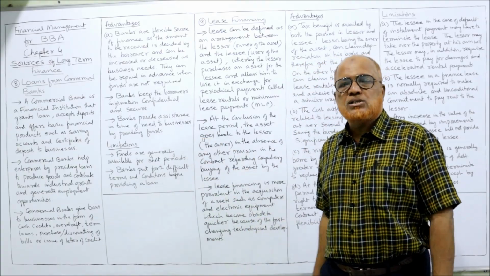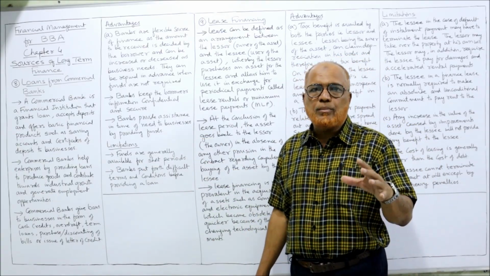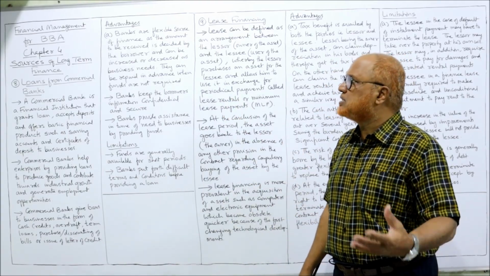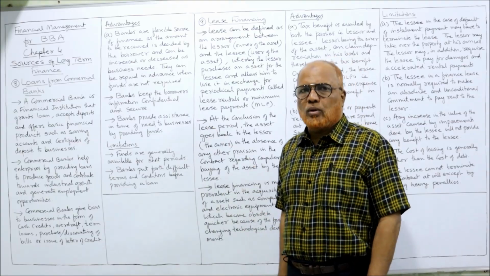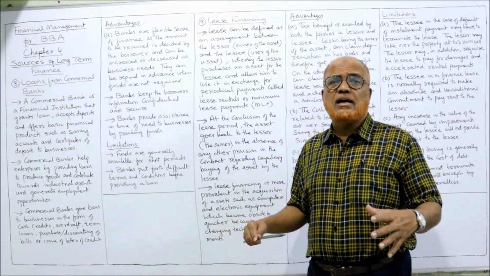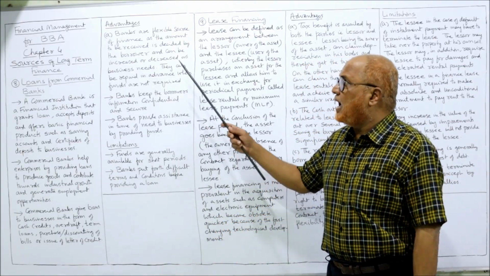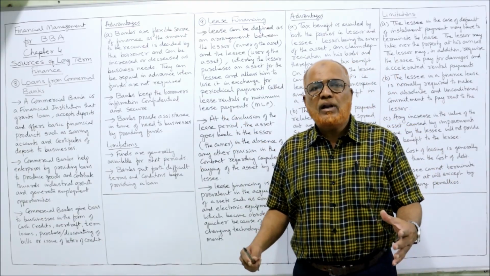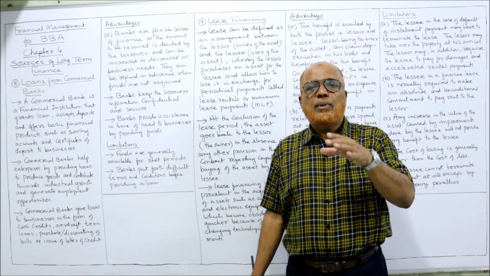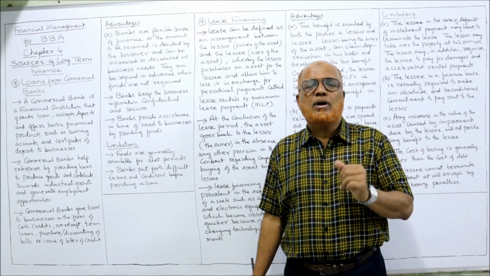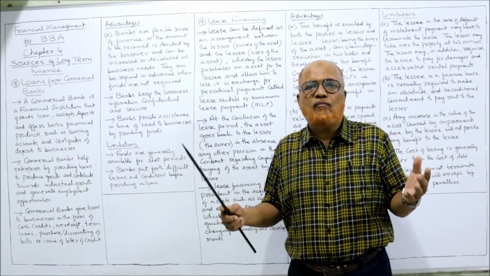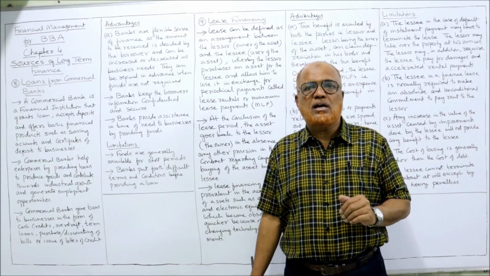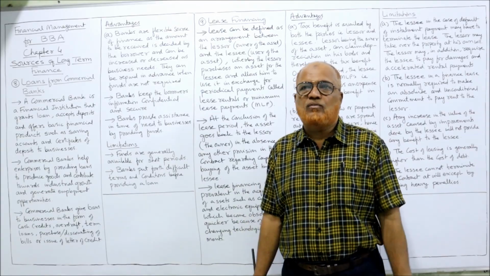Now, what are the advantages of loans taken from commercial banks? The banks are a flexible source of finance as the amount received is decided by the borrower. The borrower will decide that this much amount we need, and it can be increased or decreased as the business needs. Normally what will happen, the loan is fixed. But here, when the loan is taken from commercial banks, the borrower will have more flexibility. It can increase the amount or decrease the amount according to the needs of the business.